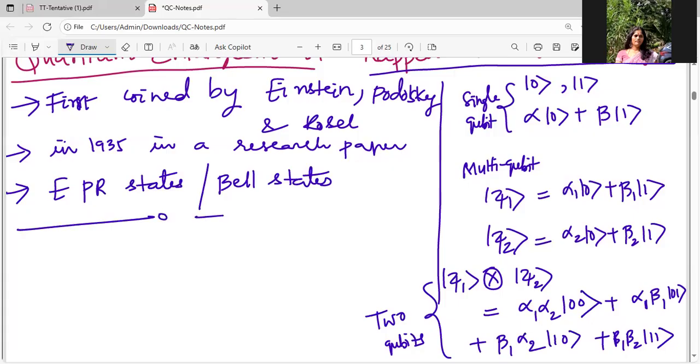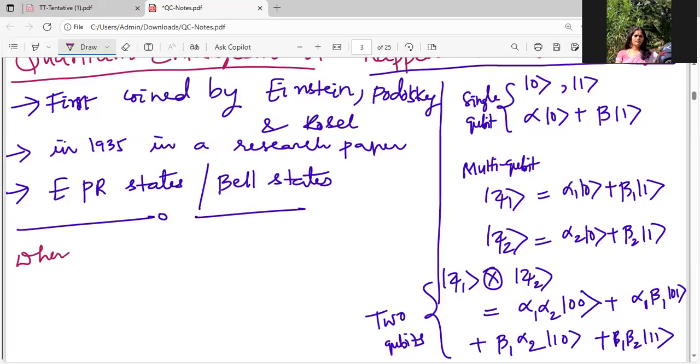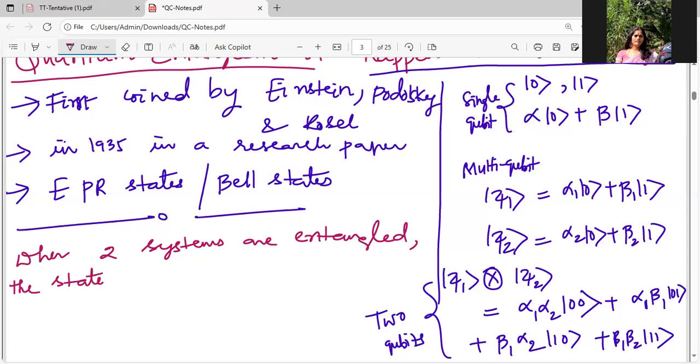How I will define it: when two systems are entangled, the state of the composite system, don't worry about these tough words, composite system is nothing but the two together, the state of the composite system,